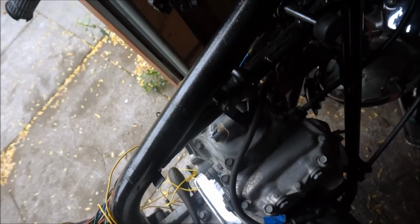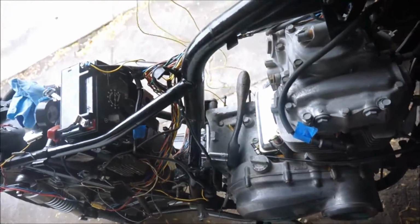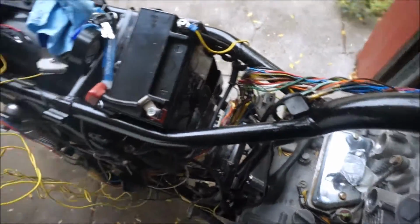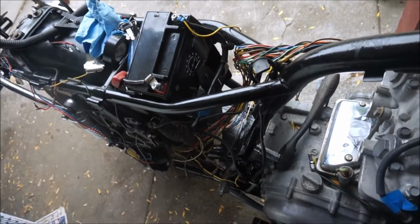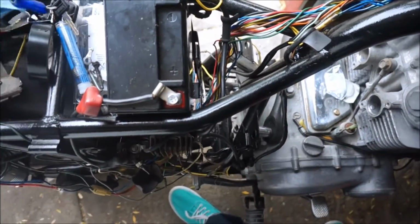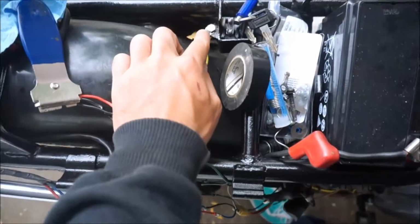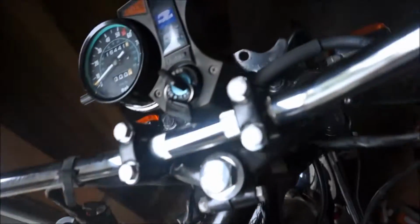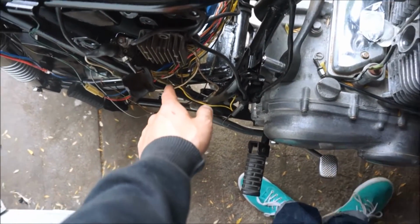Second issue was the ground wires getting too hot. The ground wires were just getting way too hot, and the reason for that is I didn't have enough of them. I was following the wiring harness, which had only 2 grounds on the entire wiring harness, which were back here in the rear of the bike. There's a little one right there, and then also up at the turn signals up here. But there were actually 3 other grounds that had to be put together, and those were those black and yellow leads that were coming off of the main